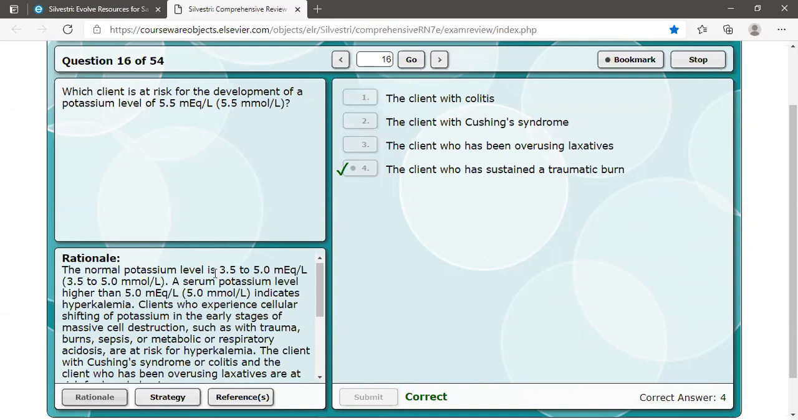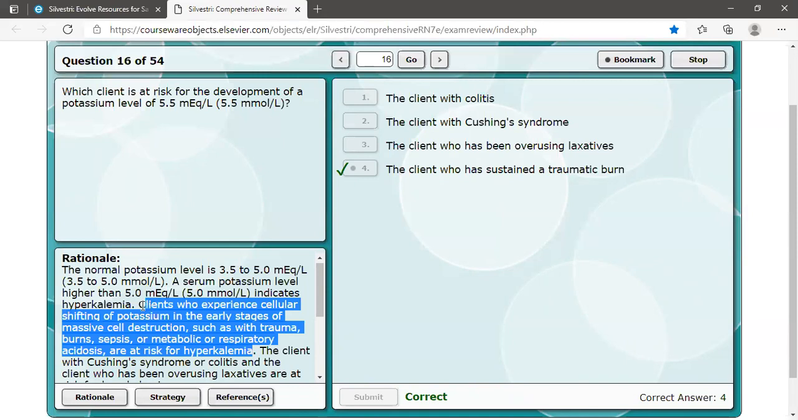The normal potassium level is 3.5 to 5; a serum potassium level higher than 5 indicates hyperkalemia. The client who is experiencing cellular shifting of potassium in the early stage of massive cell destruction, like trauma, burn, sepsis, or metabolic or respiratory acidosis, is at risk of developing hyperkalemia. So these are the causes that give a chance of developing hyperkalemia. Another cause I want to add here: renal failure or potassium sparing diuretics or high potassium intake